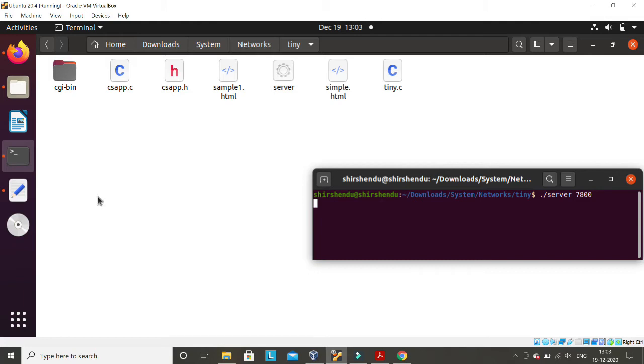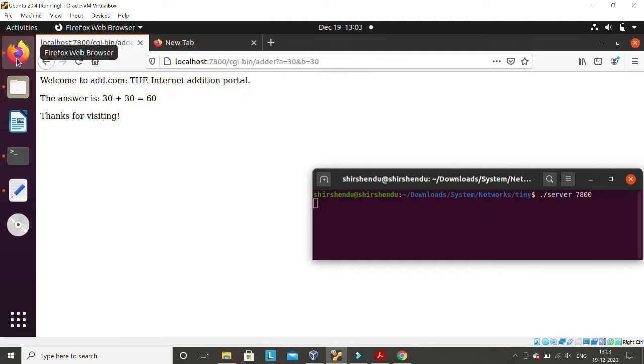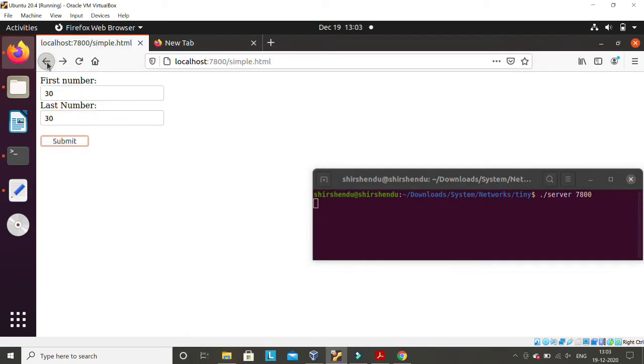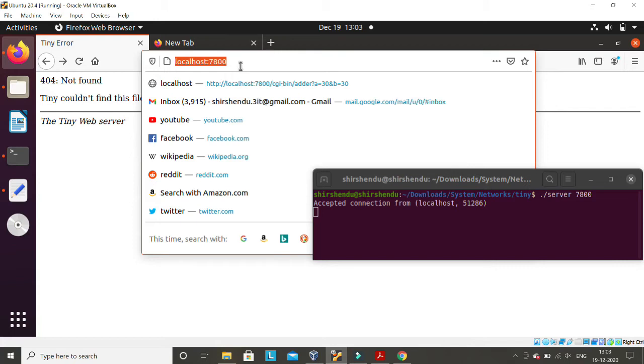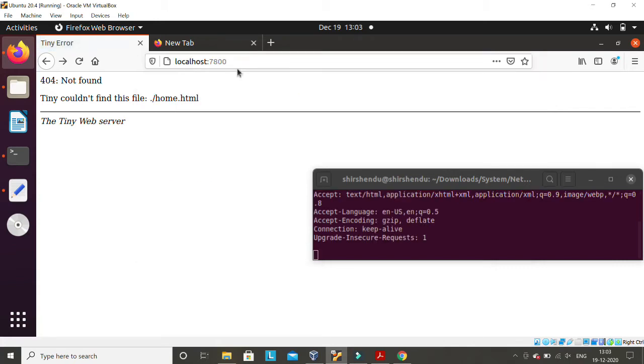For us, today we only create servers, and what will our client be? The client will be a browser. For example, if I open this browser here, this is my client actually. Initially I'll not write anything, maybe I'll write localhost. So this is my client. You can see something is happening here.